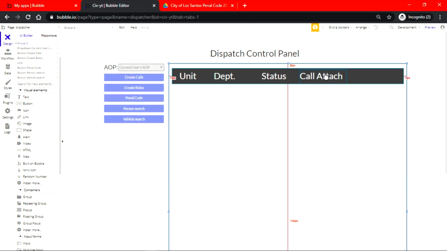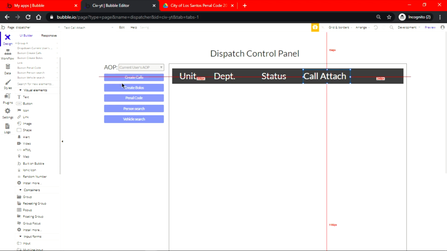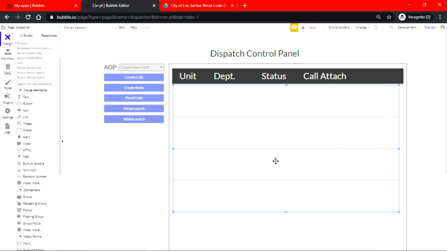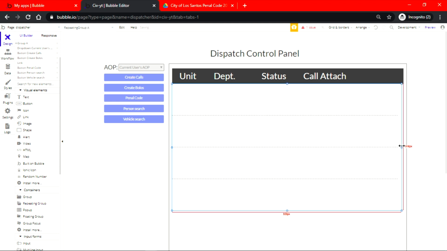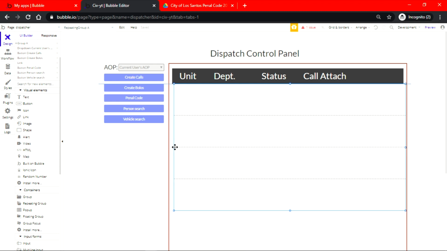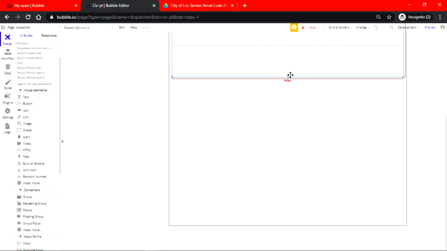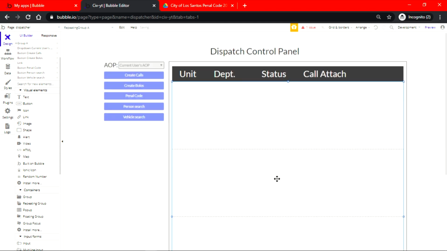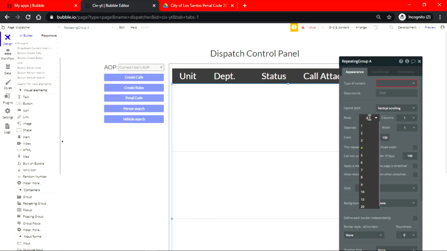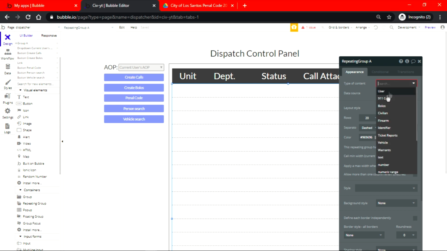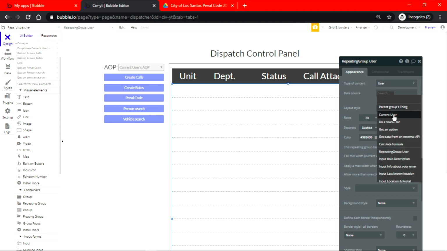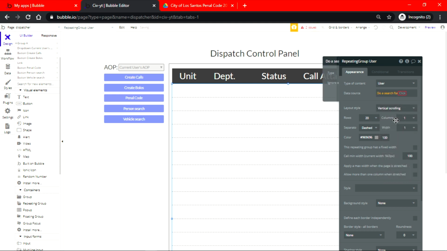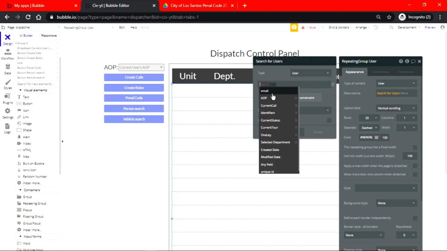Now, so that we have the group done, or the names, we get a repeating group. Now the repeat group is gonna be so big, as big as you could make it. Let's just get this lined up, and then all the way down here. Now it's gonna be the role, go all the way down to 20. It's gonna be 20 slots, and then this is gonna be user, and then do a search for user,